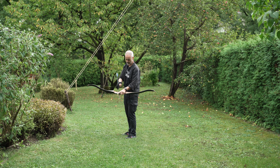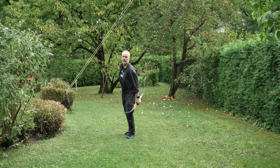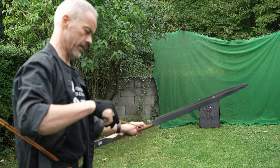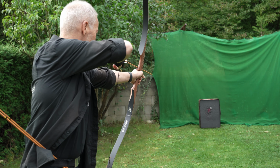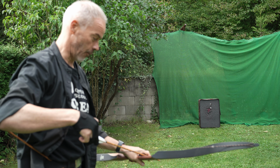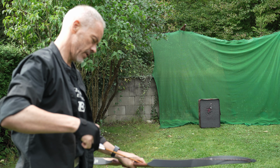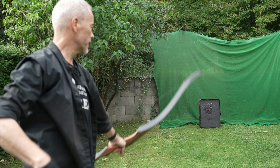Yeah, it's nice, you know. But so, go away. 260 grain, 700 spine. Perfect arrow. Look at this. And the speed you get with this one. Wow. And you feel only a little in the handle. So I guess this bow can handle that. Maybe it's a little too lightweight. But